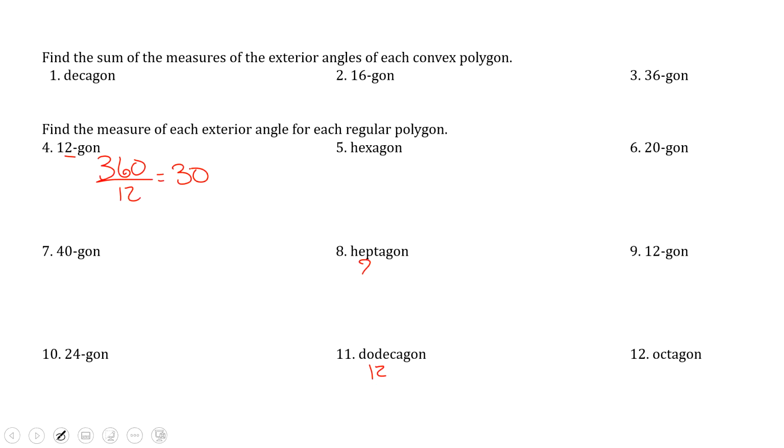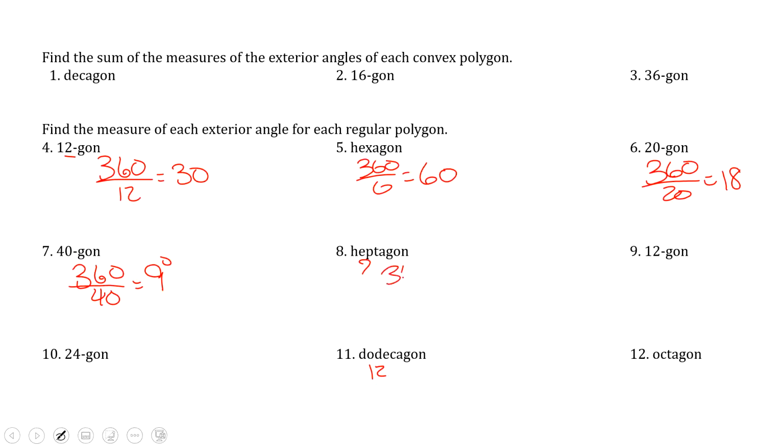A hexagon is 6 sides, so 360 divided by 6, 60 degrees. 360 divided by 20, 18 degrees. 360 divided by 40 is 9 degrees. 360 divided by 7, a little trickier there, 51.43 degrees. 360 divided by 12, 30 degrees. 360 divided by 8,